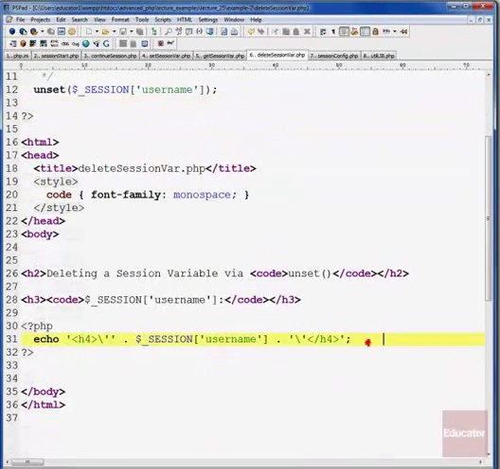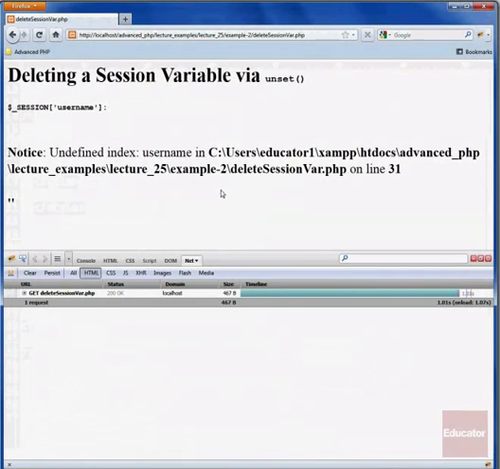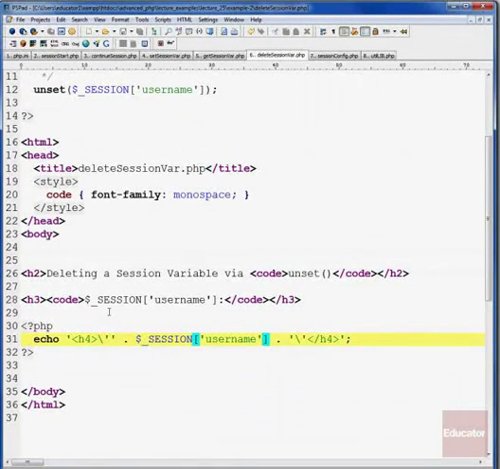Now, when we go to try and output this session variable username, because it's been unset, no longer exists, we're actually going to get an error down here. And if we go and click on next page, we can see that there's been an undefined index. You've tried to access a username in session and it doesn't exist. So what we can do is